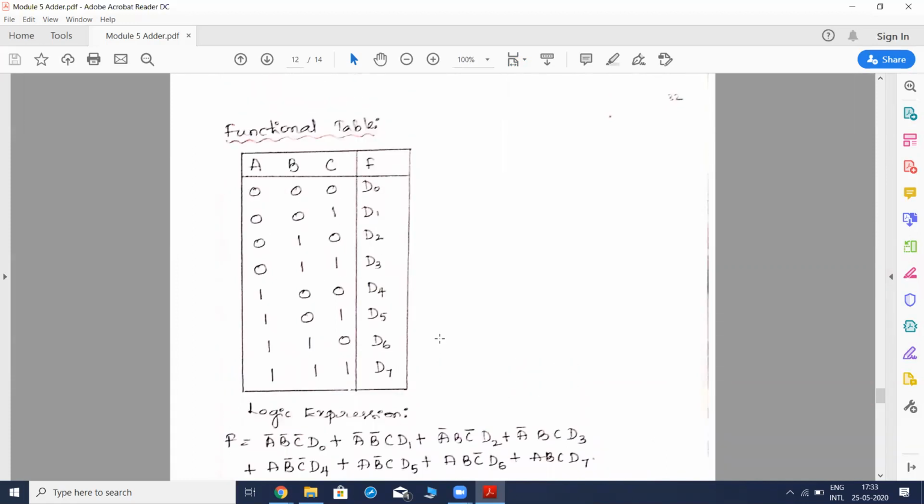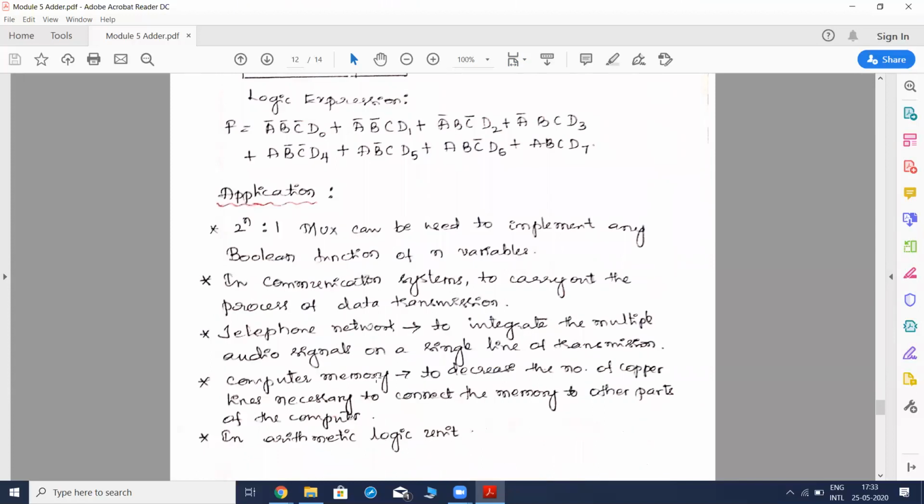In this multiplexer, as you all see, we have multiple inputs and we'll get a single output. You must note that there is no change in the data that we are going to get. Whatever data is available in the data lines, that particular data will be put onto the output line. Which line to select is taken care of by the select lines. So it is also known as a data selector. These are the applications of the multiplexer.